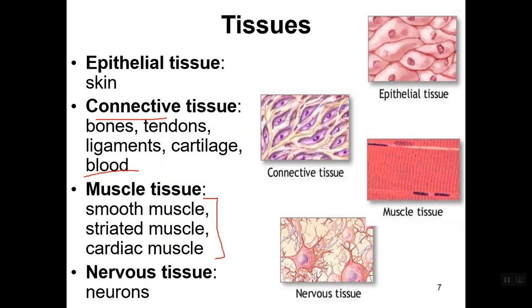You can see in their basic shapes that you can figure out what their job might be. These are all packed together to form a nice little barrier. Connective tissue is a little bit branchy so that it can connect other tissues together. Muscles are long and striated so they can contract and move. Nervous tissues have a central body, but they have all these little spindly connections that let them communicate with other cells. So cell function and cell shape match.